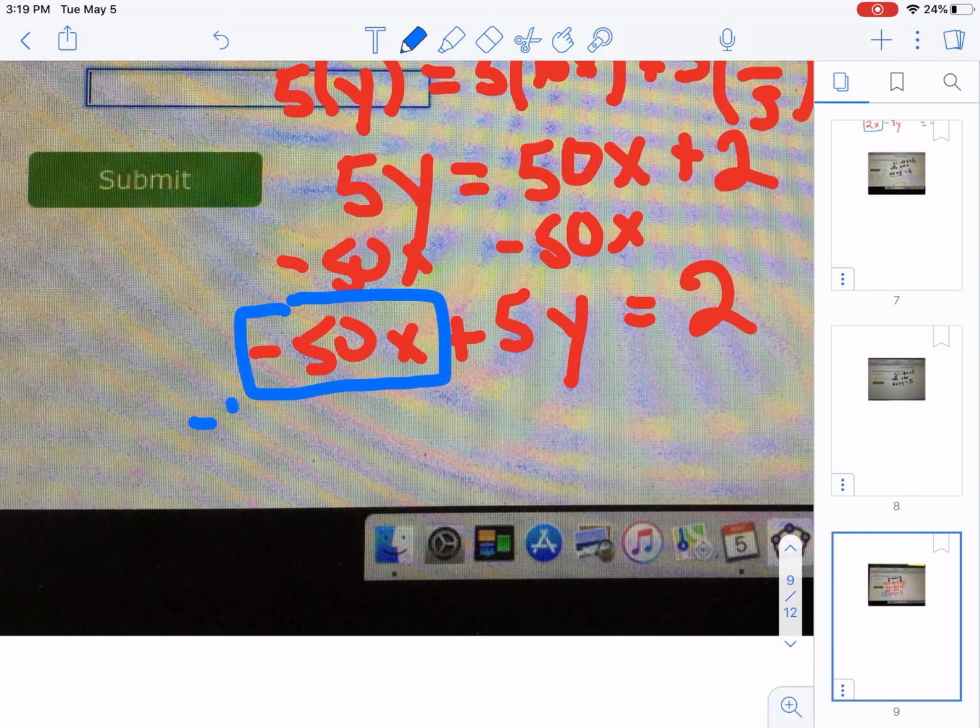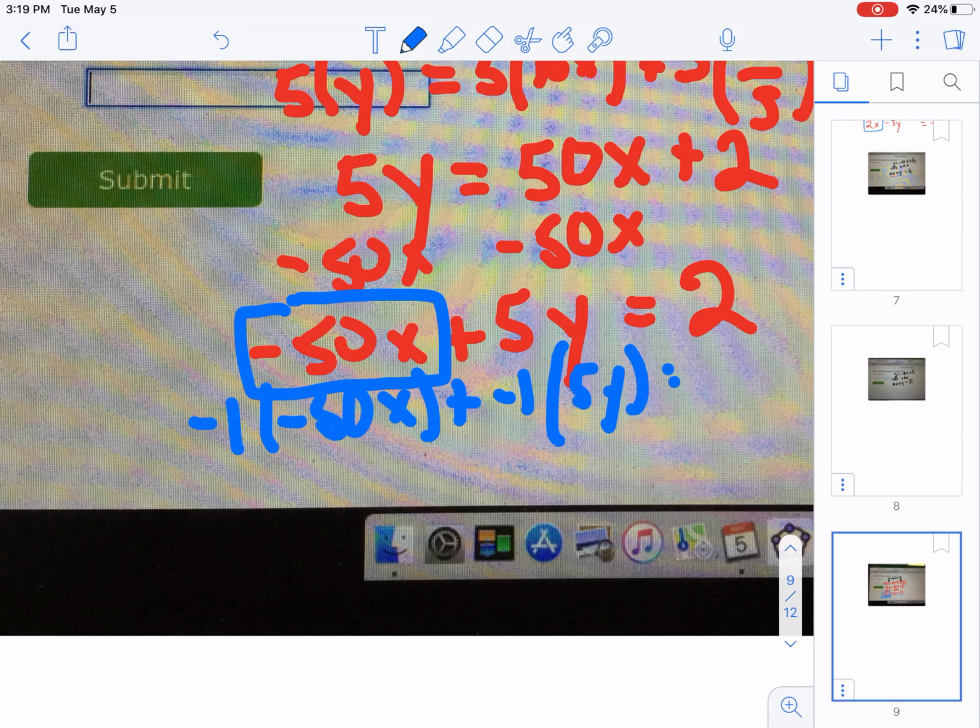So negative 1 times negative 50x plus negative 1 times 5y equals negative 1 times 2. So that gives us 50x minus 5y equals negative